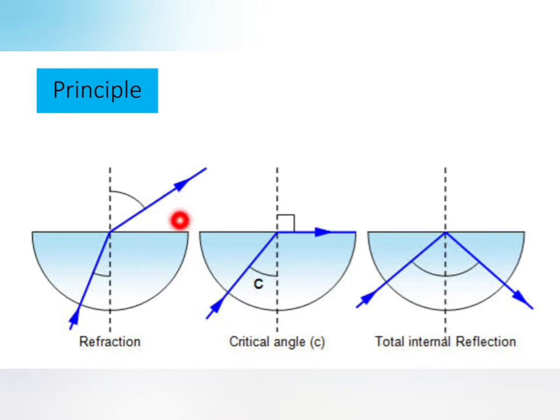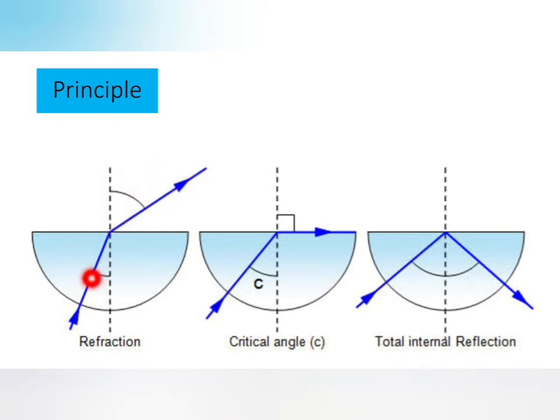Suppose in this picture, this is the denser medium and this is the rarer medium. Here we can see that the light rays fall at a specific angle. This is called the angle of incidence and this is called the angle of refraction. From Snell's law, we know that sin i by sin r is equal to mu. The angle of incidence and angle of refraction cannot be equal to each other, and the greater the angle of incidence, the greater the angle of refraction. Suppose the light rays fall at a specific angle, then there is a specific angle of refraction.